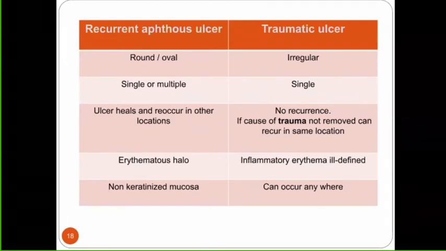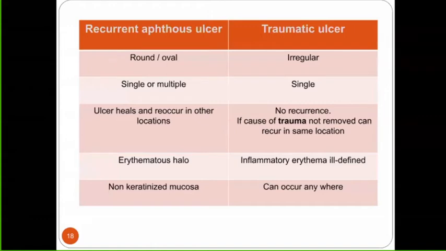And if nothing of this is very specific for the patient, then clinically how will you differentiate between an aphthous ulcer and a traumatic ulcer? Because aphthae can most commonly be confused with traumatic ulcers or ulcers of viral origin, or we will see one or two conditions where you need to differentiate those ulcers from aphthous ulcer. So aphthae: the shape is round or oval. Traumatic ulcer, because it is trauma, you don't know exactly how it was, so the shape is irregular.